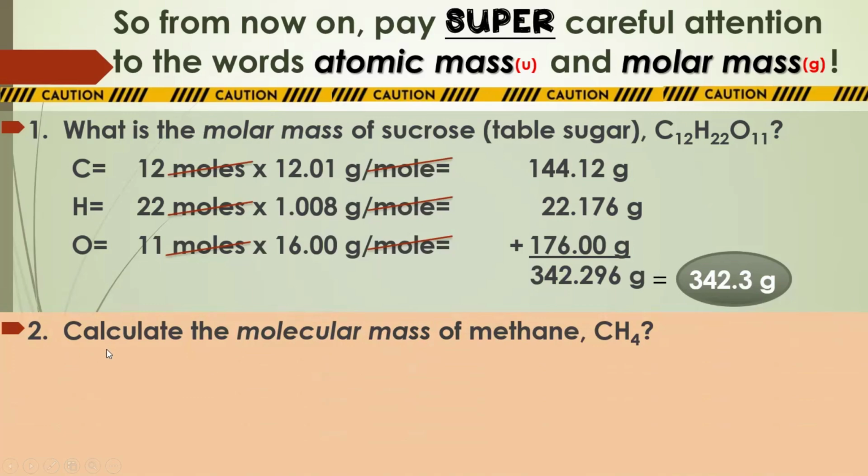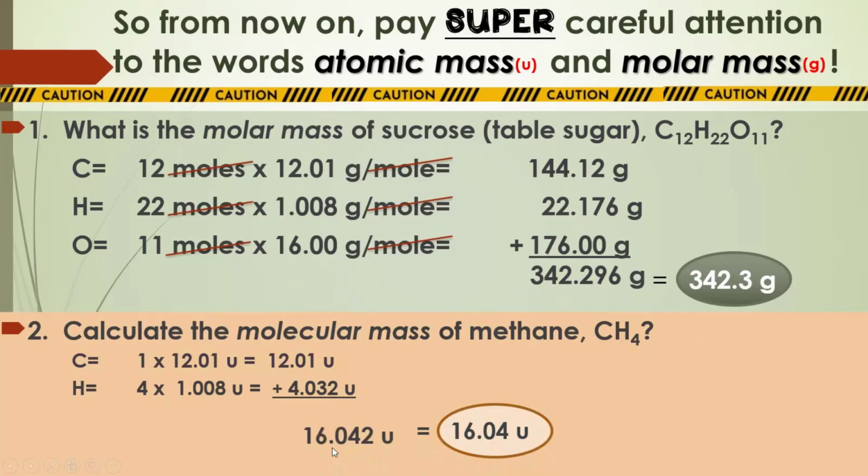So this one is calculate the molecular mass. The molecular mass would be the same as the atomic mass. We're talking about molecules or the atoms. It doesn't mention moles. Okay. Calculate the molecular mass of methane, CH4. So we need to multiply. There's 1 carbon and there's 4 hydrogens, and we find their atomic masses, 12.01 and 1.008. We multiply and add these 2 things together,